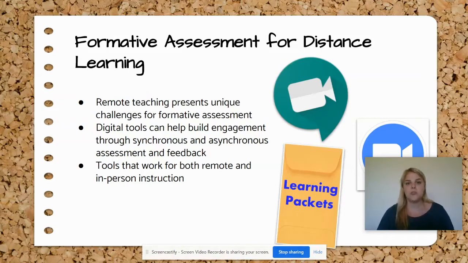They help build engagement with our students because technology is exciting for them, and it also can be used whether we're with them in person and instructing them in real time, or if it's when they're working on their own, so synchronous or asynchronous instruction. And these tools can work for both remote instruction as well as in the classroom. So no matter where we are this year, you'll be able to use these tools to help collect formative assessment